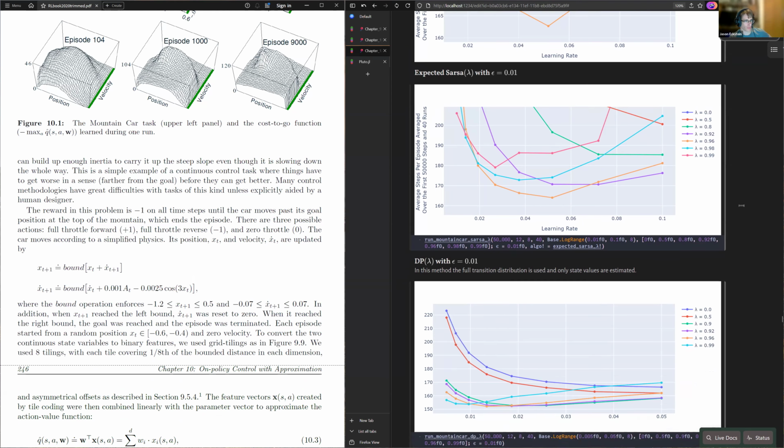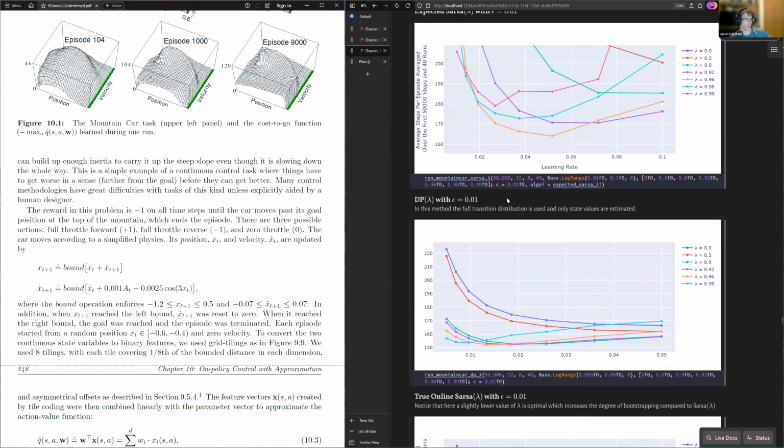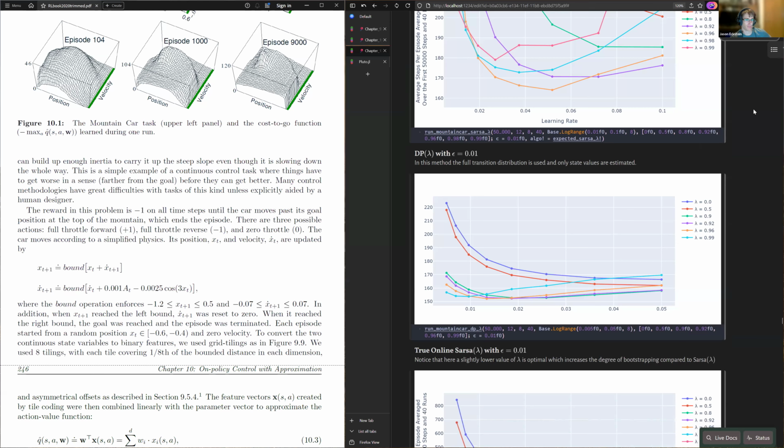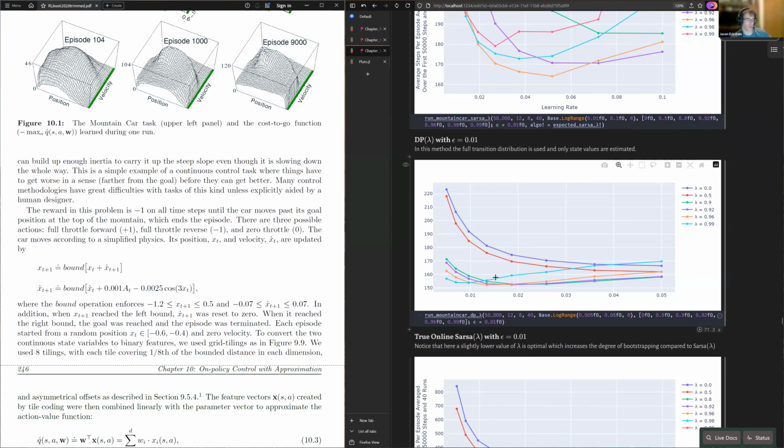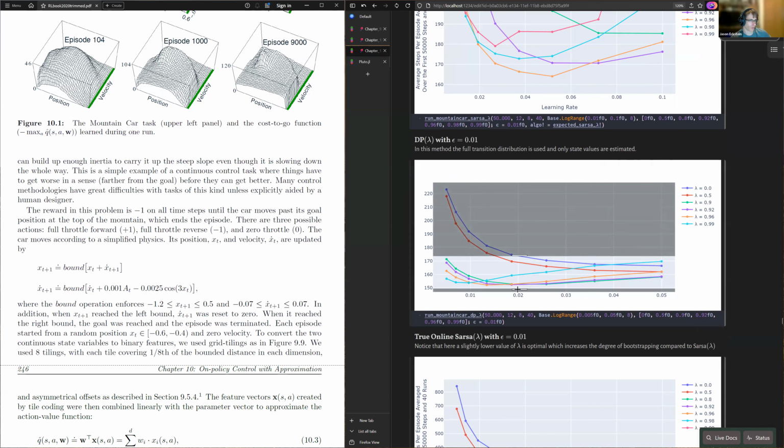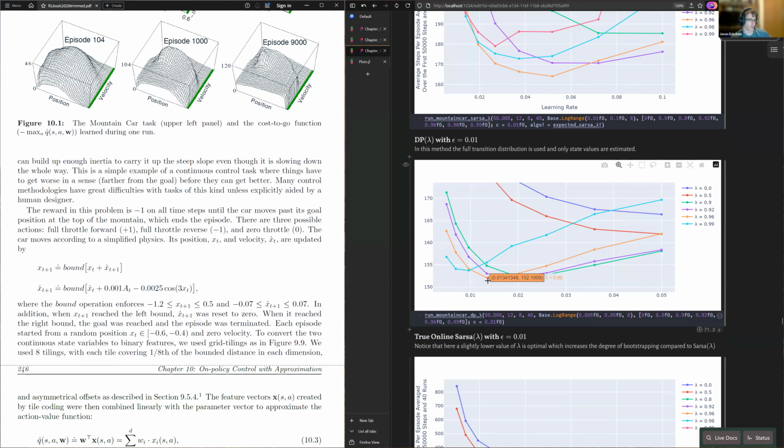We can do something which is sort of a dynamic programming version of the lambda return, where we only use the state value estimates and we reconstruct the action values from the state values. Before I show exactly how that works, we can see how these results are quite a bit better. This method, the way I've done it, is also a lot more efficient